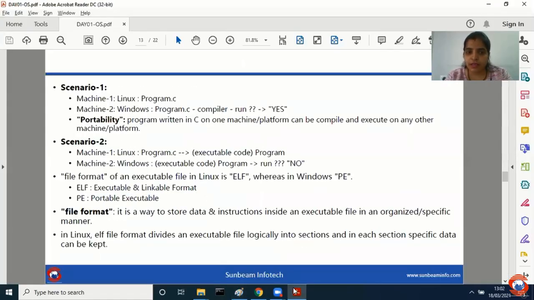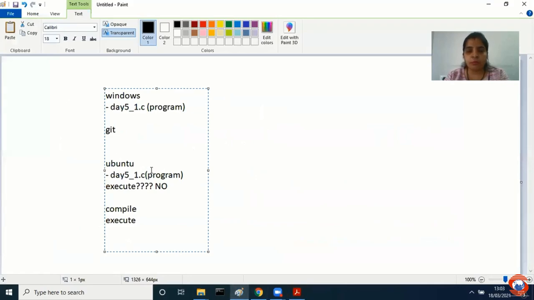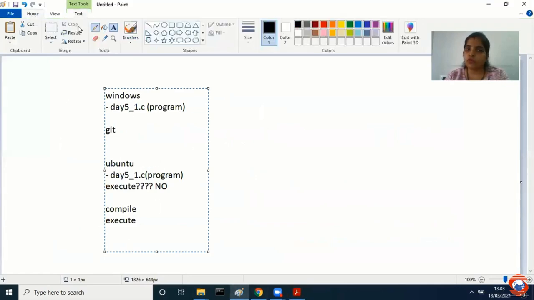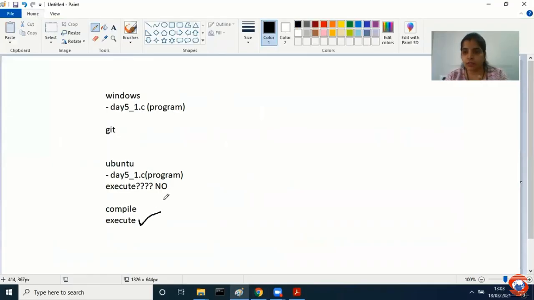Now, when I say I have machine 1, I have written some program. When I transmit it to another machine, maybe any platform, I just have to first compile and then run. Yes, I can do it. This technique or concept is called portability. What is portability? A program written in any language on one platform can be compiled and executed on any other machine. Understood, everyone? Right? जब तक आप मेरा दिया हुआ प्रोग्राम को कंपाइल नहीं करोगे, till that time you will not be able to see the output of that file, even though you have ./a.exe.